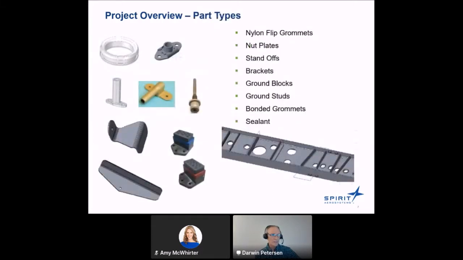This is kind of a sampling, a high level of basic part types in these assemblies. Some are with or without electrical bonding requirements, some installed with or without sealant, some both, some post-assembly sealing, and there's also some bonded components, adhesive bonded components. So there's a variety then of standard parts and engineered parts, which we just grouped under one contextual grouping as brackets, even though in reality they're not, but from a contextual usage standpoint was sufficient.